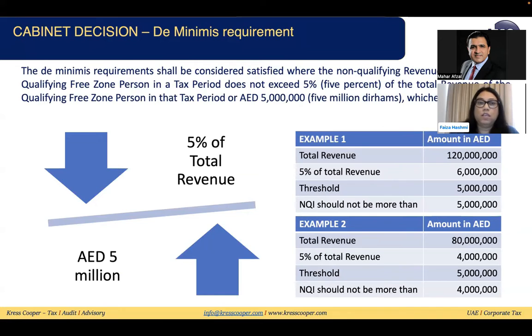This de minimis threshold was 5% of the total revenue, or 5 million. Now if you see in this example here also,